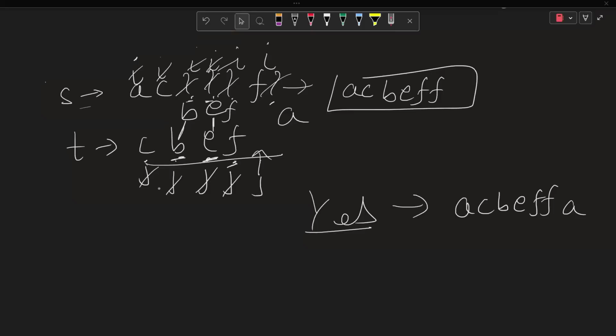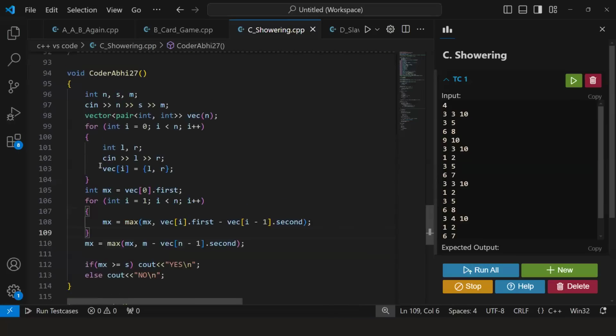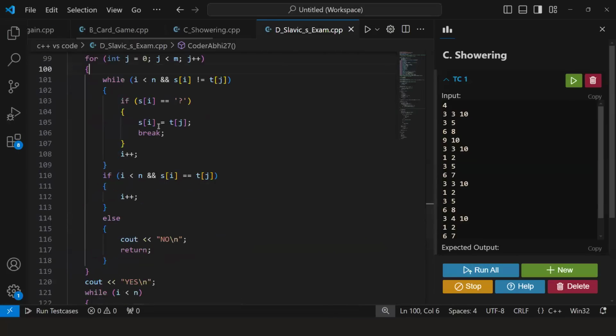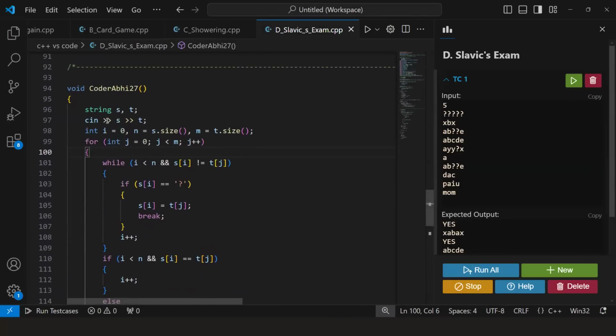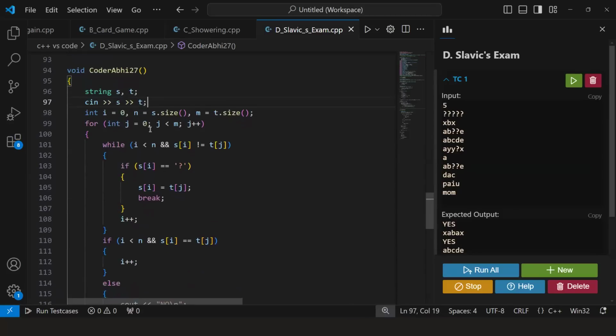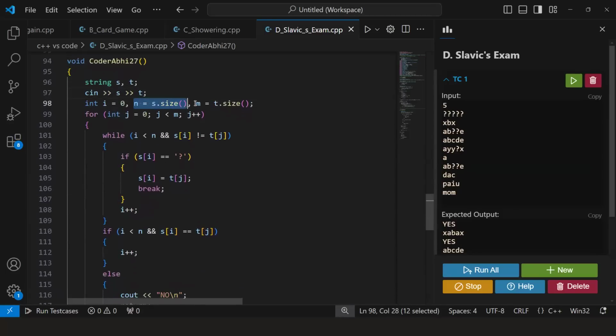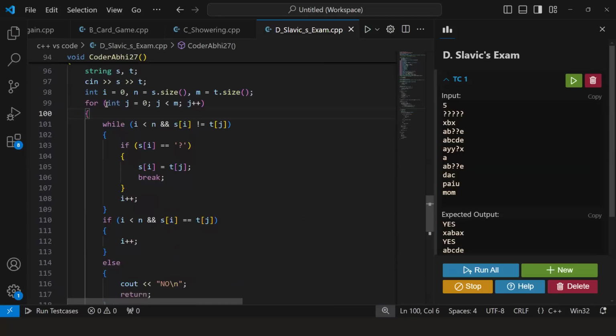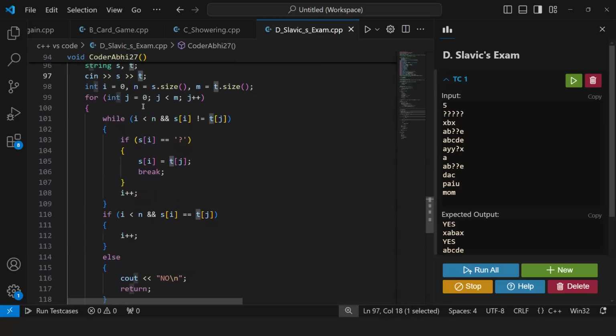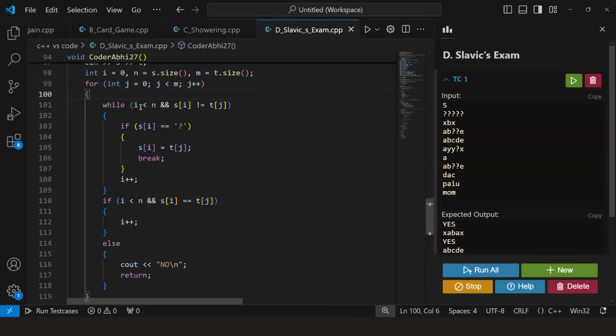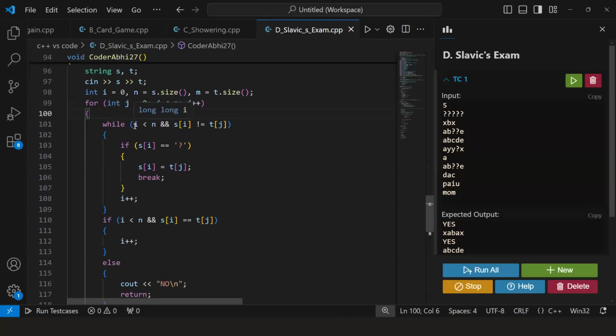Let's see the code now. If you have any doubt, you can ask then. So here, I just took both the strings as input and calculated the size of S and the size of T in N and M. I is the pointer for the string S and J is the pointer for the string T. We are moving J linearly over all the characters of T, and inside that, while I is less than N and they are unequal,